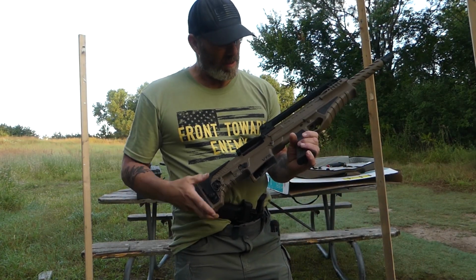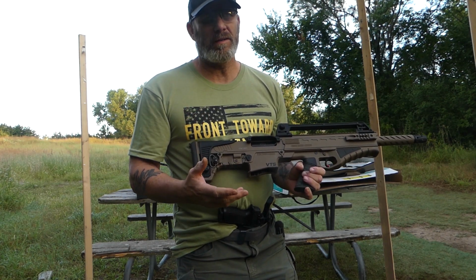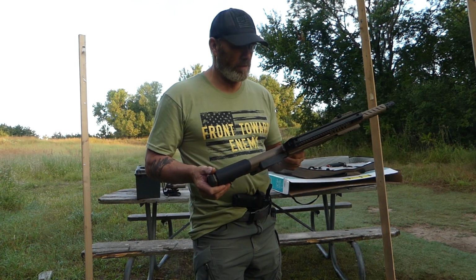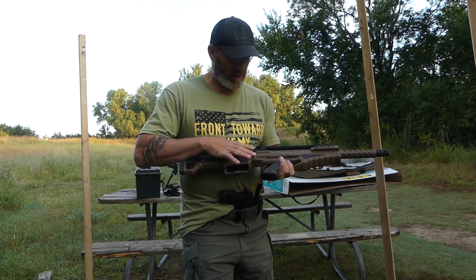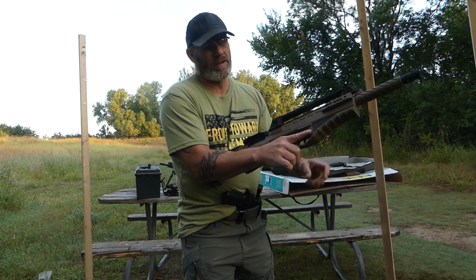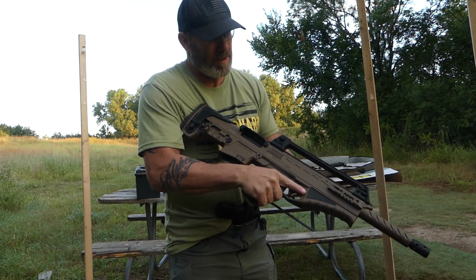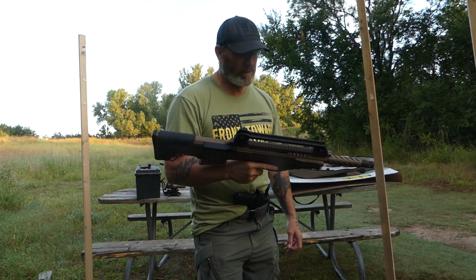The other thing is it seems to be jamming up on guys a lot, but from what I've seen, a lot of these guys in the videos having problems, I don't think they're just taking the gun out of the box and shooting it. They're not taking it apart, cleaning it, and putting good gun oil in it. So I'm hoping the action's a lot nicer than it was when it came out of the box. Fingers crossed that we got a good one here. These are Turkish guns, so they don't have the standards that American-made guns might have. But